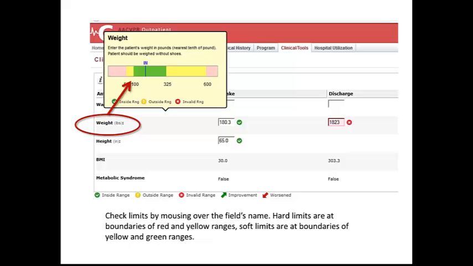Now, if you enter a value and you get a red check, you will be able to go over to the element's header or title, and if you mouse over that title, you will see this tooltip box. In the box will be the definition of what should be entered into the field. Then you'll also see in a graphic format here the ranges, the acceptable ranges and the unacceptable ranges for that